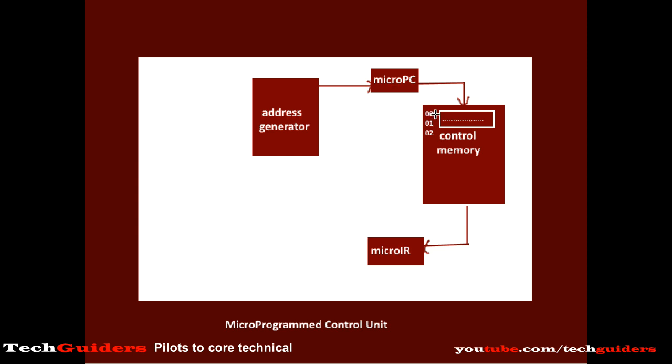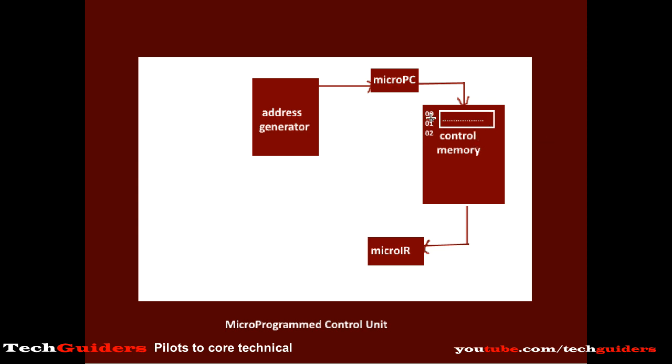Then, to access the microinstructions in sequence, or to access successive memory locations, the microprogram counter needs to be just incremented. So one option for the next address is the next microinstruction in sequence, but it's not always necessary that the next microinstruction to be executed will be at the next memory location.